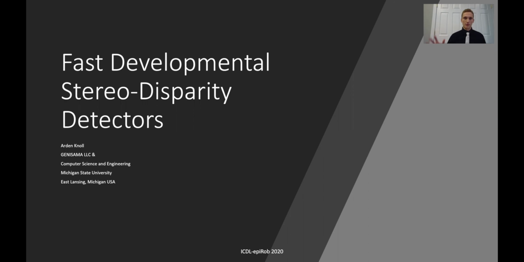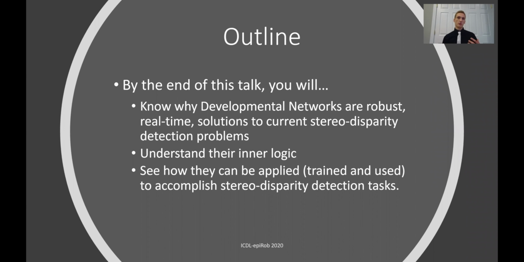Hi, I'm Arden Knoll. I'm a student at Michigan State University, and today I'll share with you our work on fast developmental stereo-disparity detectors. By the end of this talk, you'll see how developmental networks can be robust, real-time solutions to current stereo-disparity detection problems. You will understand their inner logic and see how they can be applied to accomplish stereo-disparity detection tasks through a